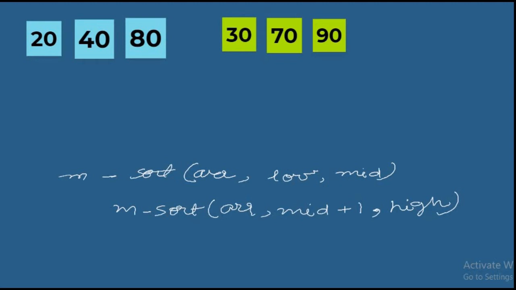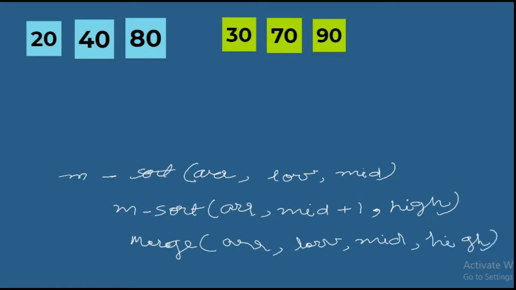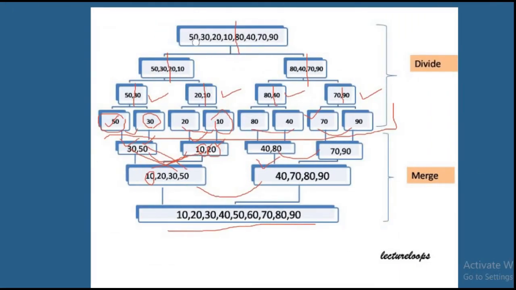And then what about the merging? When the merging part will come, we are going to merge from low, mid and high. So I will tell you what I am trying to say. In this example, how we are going to divide: if this is the low part, 50 is at the lower part. So low is the index from low to this mid. We are going to divide in the first part, and the second is from mid plus 1 to high. Okay, so this is the second subarray.